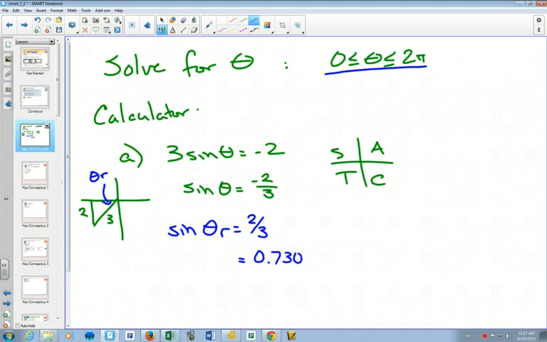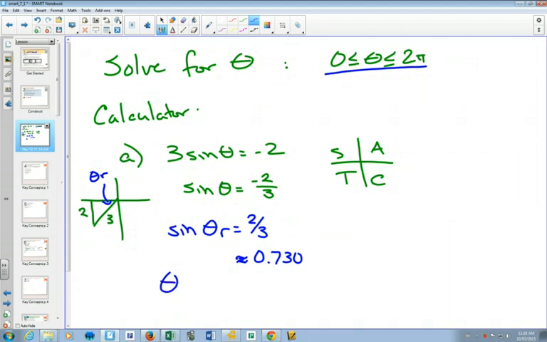That's just rounded. So we should do the squiggle brackets because I've rounded it here. However, when I'm going to do all my calculations, I'm going to use all the decimal places until I get my final answer. So there it's rounded, 0.730. Then if I want to find out what theta actually is,